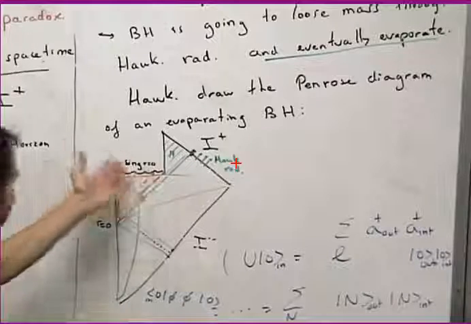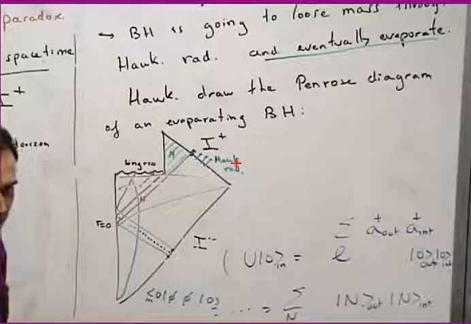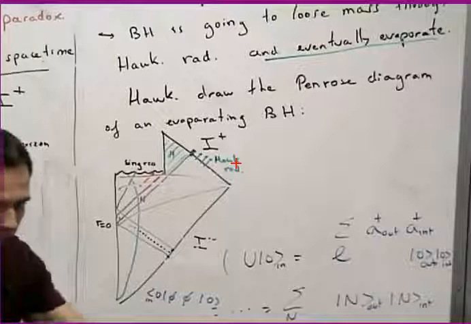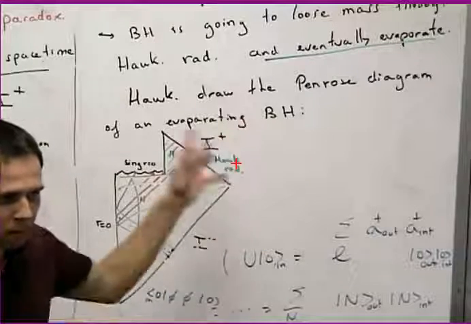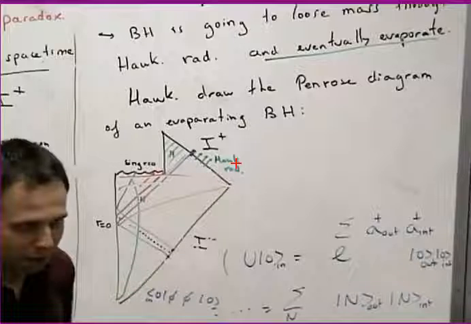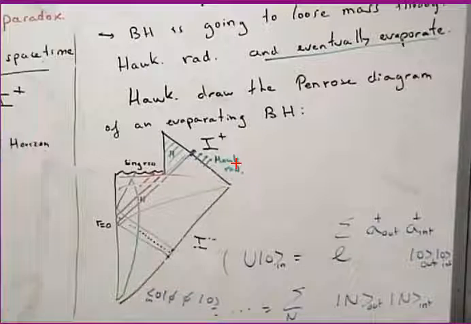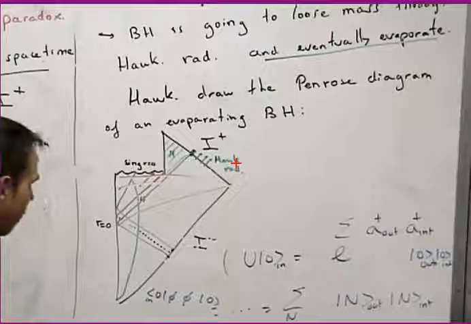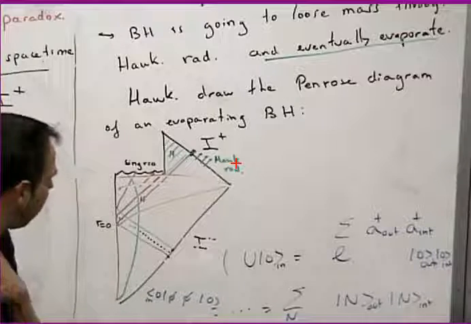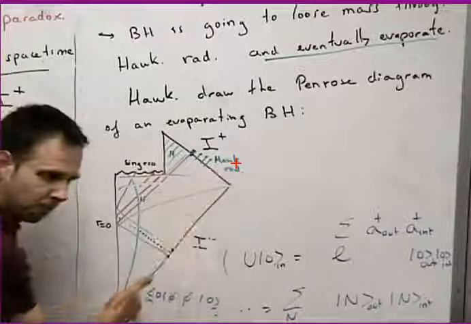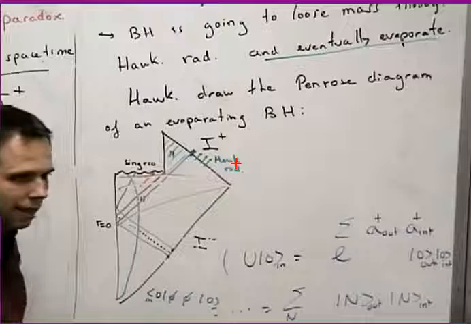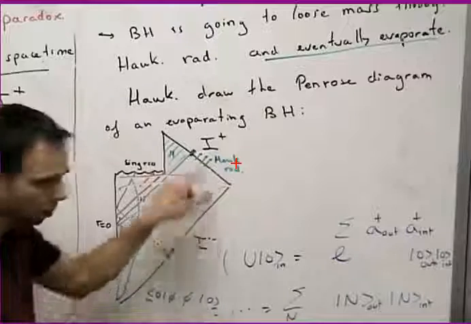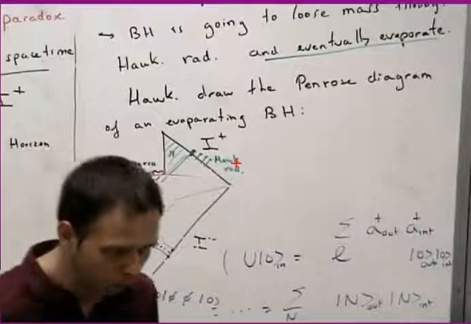Many people say that an evaporating black hole is a machine for destroying information. You start throwing information inside, and you only get thermal radiation. You throw an encyclopedia, you get thermal radiation. You throw a ball, you get thermal radiation. The black hole doesn't distinguish between those. There are many subtleties, and I don't want to go over them, so let me just restrict to this. We have a pure state, and it becomes a mixed state at Scri. Therefore, the time evolution, the S matrix from here to here, is not unitary, and this is what people call the information loss paradox.